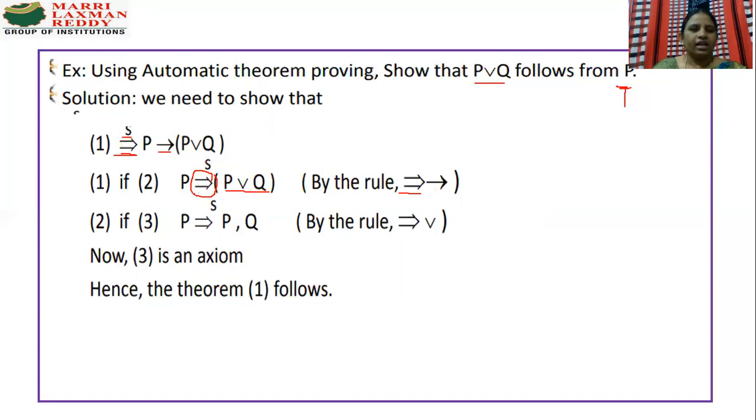Then what is the next one? Here it is a simplification and union is there. Then according to the antecedent rule, because the first one is simplification, then automatically the antecedent rule applies. According to the antecedent rule, P union Q is nothing but P comma Q. So P is derived from P comma Q. So what is the conclusion? The conclusion is P. P is derived from P comma Q. So P now becomes the axiom. Every axiom is nothing but a theorem. So automatically the axiom is proved, then automatically theorem 1 is also proved.